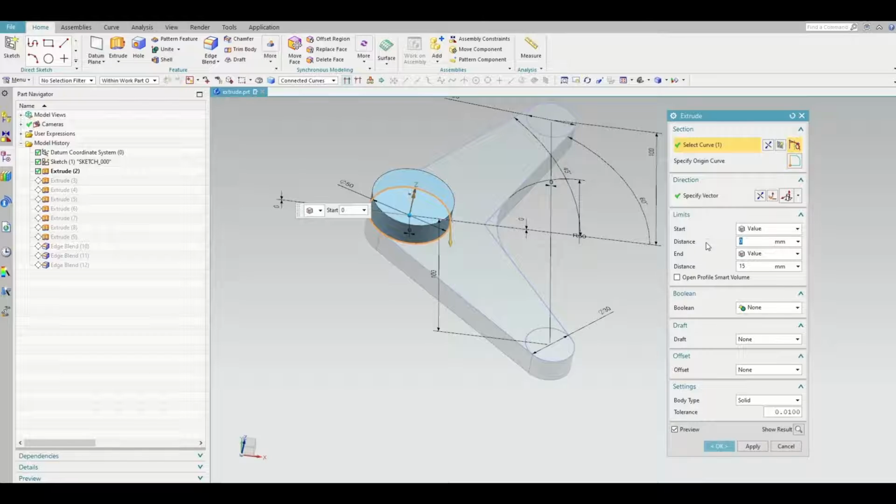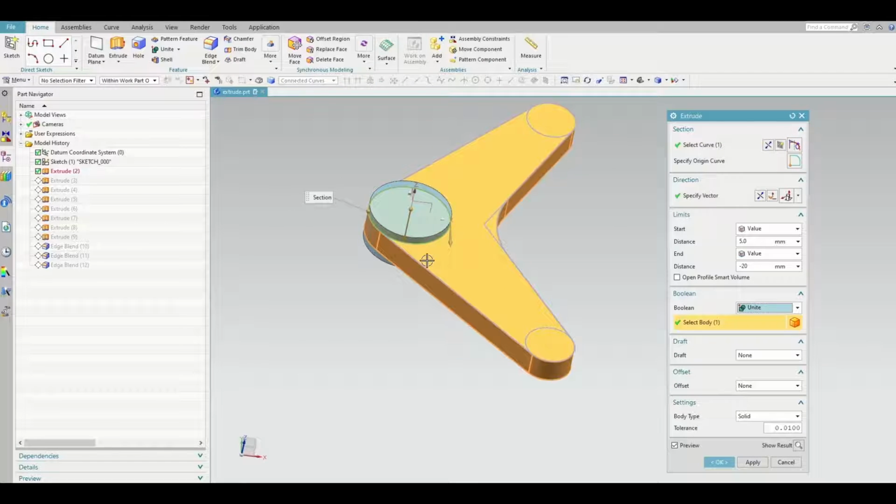Give some distance, let's say 5 mm, and minus 20 mm. We are extruding it in two directions, Z direction and minus Z direction. Just click OK. We want to unite it with the existing feature. Okay, see this one.